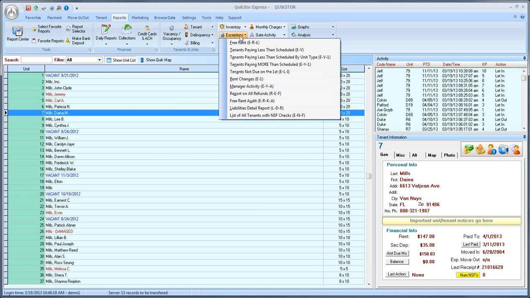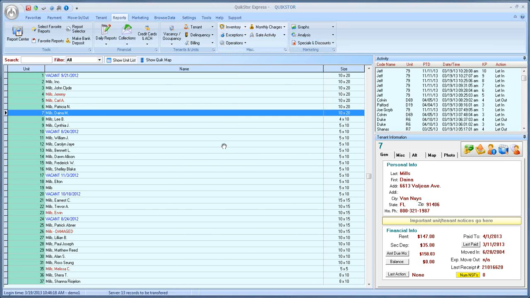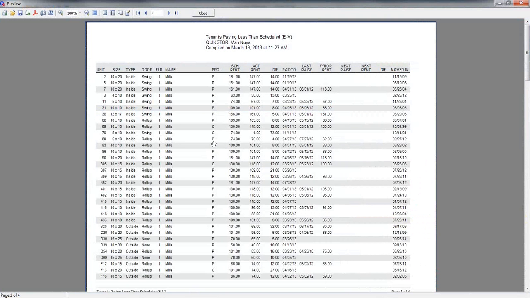I want to move over to a subject I touched on in that report, and that's the concept of tenants that are paying less than scheduled rent. Now, I know that a lot of storage owners out there move people in at a lesser amount because they didn't have the unit they wanted, or for whatever reason, a sob story when they're moving in. But in any case, you have people at your facility that are paying less than what the new people moving in are. And this report, which we generated and named very simply tenants paying less than scheduled, will tell you how many tenants are paying less and